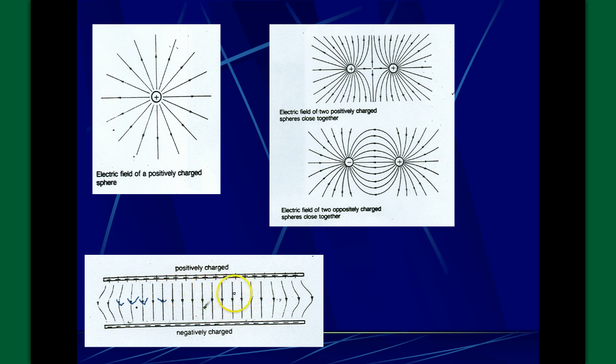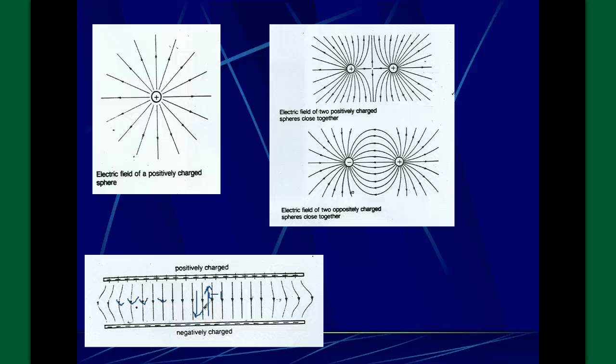So any positive charge that's placed in here is going to follow the direction of these arrows. And interestingly, if you place a negative charge in here, it's easy to see that that negative charge will do the opposite. All right, that would be what a negative would do. But then if we come up here to these two, these are the ones that are interesting that you're going to need to know. When we place two spherically shaped objects in a field and we give them electrical charge,